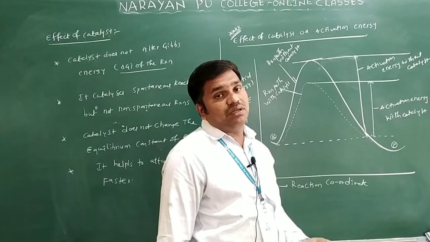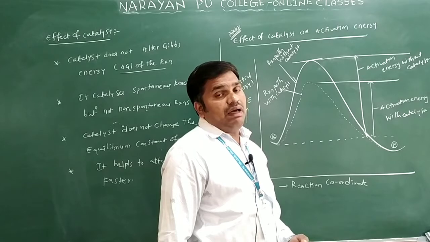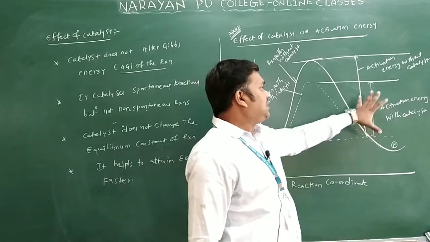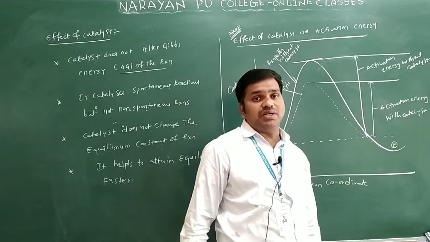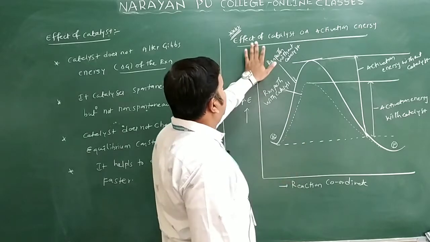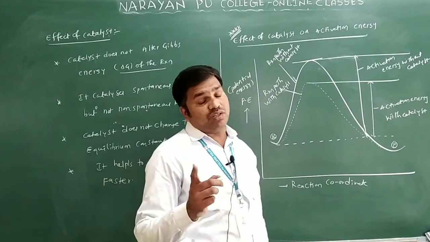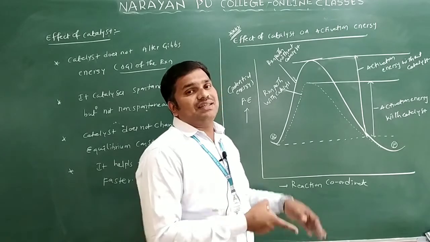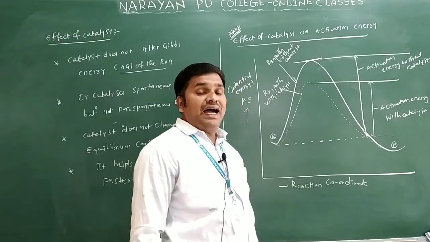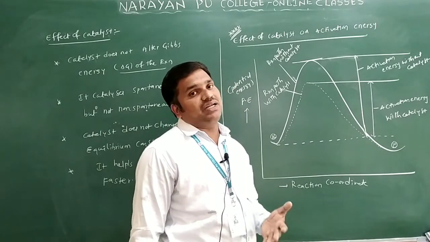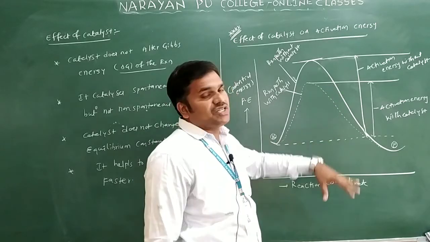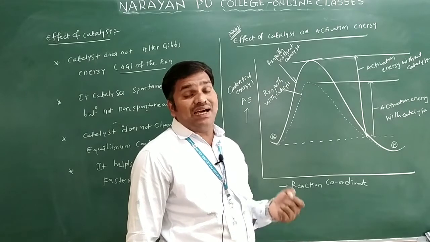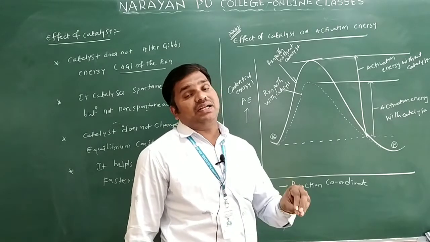Now which one has more activation energy? Activation energy is more in the absence of the catalyst, or we say without catalyst. Activation energy will decrease in presence of what? Catalyst. So this diagram represents the effect of catalyst on the activation energy. You know the point I told you: if the activation energy is low, the rate of reaction is more. So the catalyst will decrease the activation energy and increase the rate of reaction. We say this for a positive catalyst. What is a positive catalyst? A positive catalyst always decreases the activation energy and increases the rate of reaction.